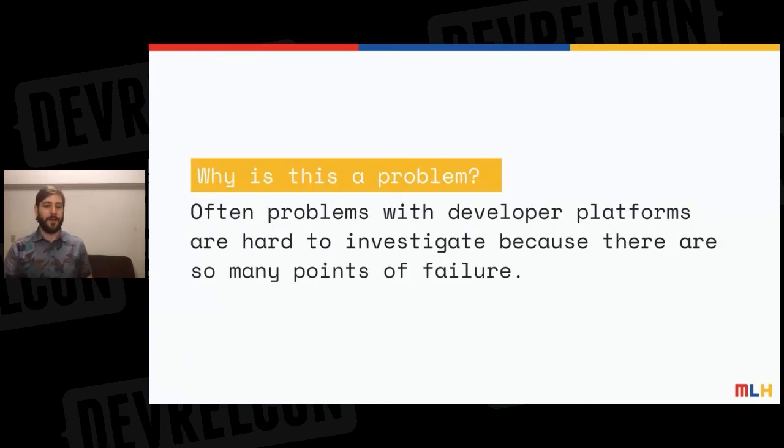Often the problems with developer platforms are really hard to investigate. Like, how do you, as someone behind the scenes, know that someone failed to get a power source working and that's what ruined their project, not the API design? And I think this often applies to cloud platforms as well, where you have all of these libraries, you have the API itself, and then the developer has their own stack. And debugging where the friction points are with all of those different things in play can be incredibly difficult. And I find that the best way to figure it out is often just to ask explicitly.